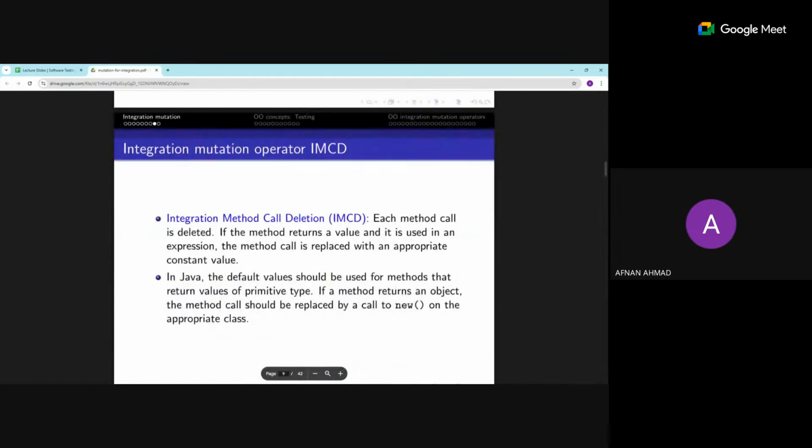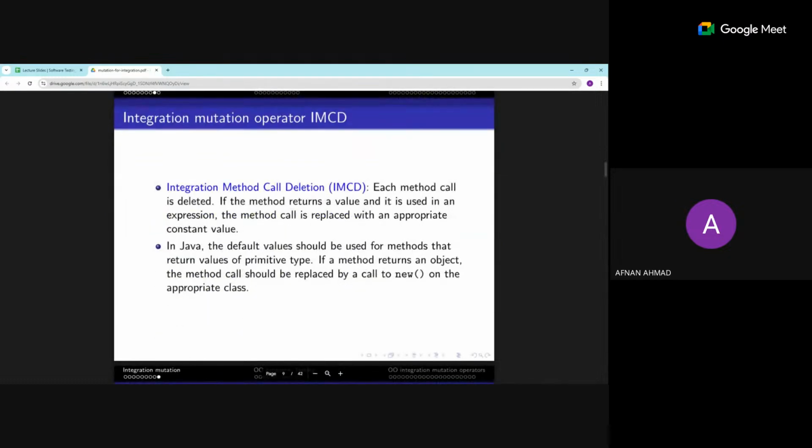Okay, and this integration method called deletion says that each method call is deleted. So this is easier. What we do is, instead of calling that method, because when you call a method, it goes somewhere, does something, and then returns something. So in the caller method, it does not matter whether that method is being called or I am just getting a value, because after all, I'm going to get something as a value